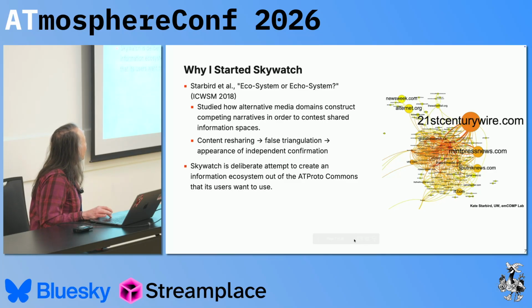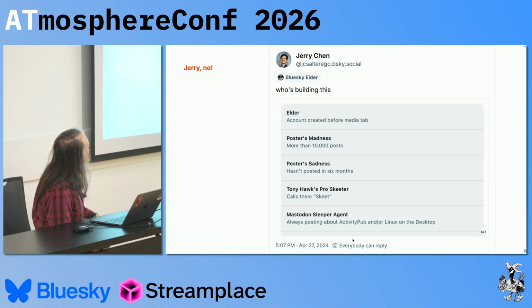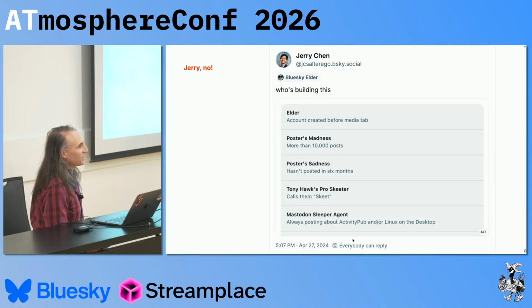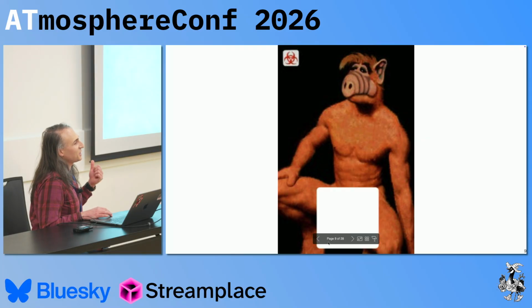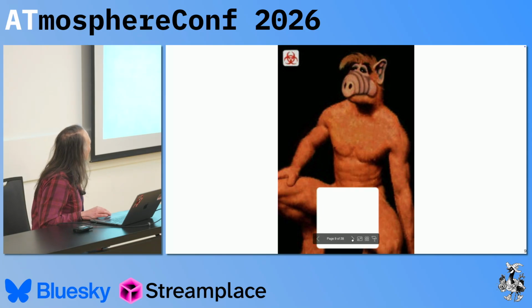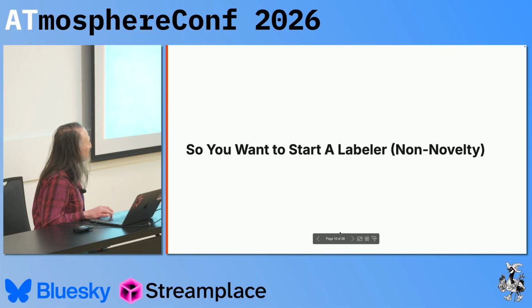However, there are a couple other reasons why I started it. Jerry nerd sniped me. So the first label was really the Bluesky Elder label, which follows basically the criteria laid out here. And then next is, and content warning, but my partner, who's in the room, created this monstrosity, and it became part of early Bluesky culture, which is why we have a sensual ALF label. Yes, there are community standards, and I am trying to live up to them here.